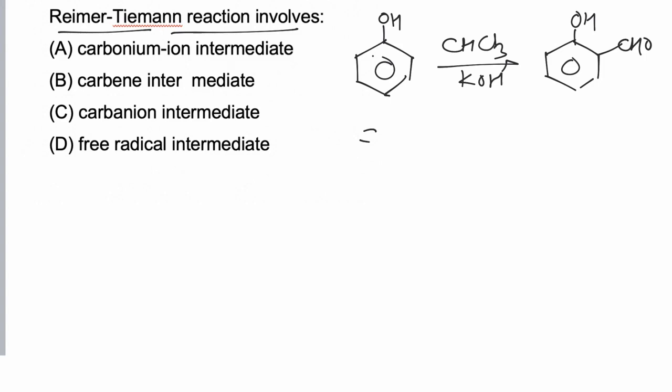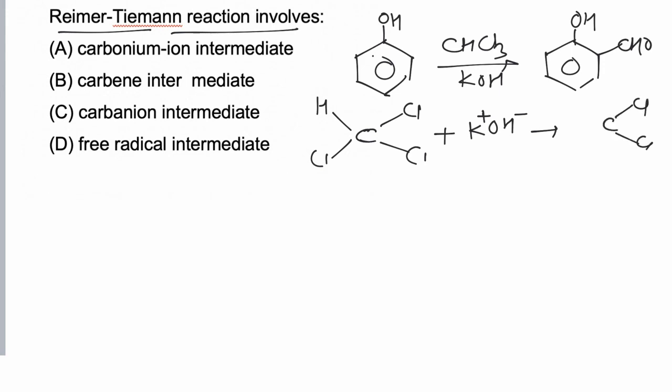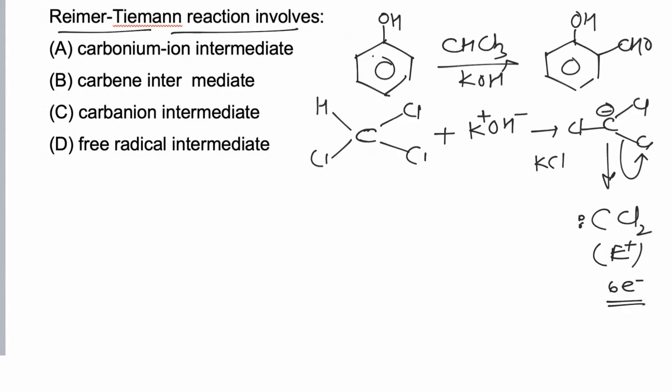Now in this reaction, chloroform first reacts with KOH. Chloroform has an acidic hydrogen, so on reacting with KOH, it will be converted to the CCl3 negative anion, along with KCl salt being formed. Now this molecule will remove Cl negative to form dichlorocarbene. Now this dichlorocarbene has 6 electrons in its outermost shell, hence it will act as an electrophile. So the carbene intermediate acts as an electrophile, and hence the correct answer is